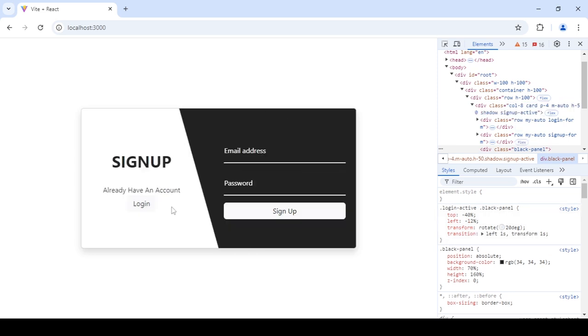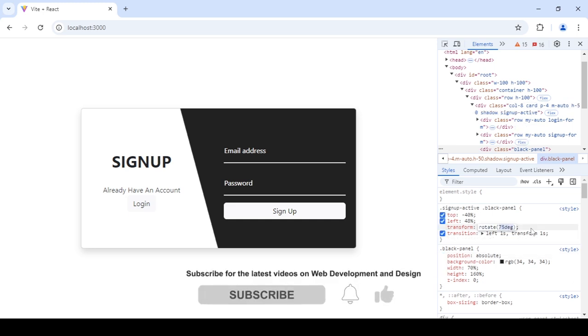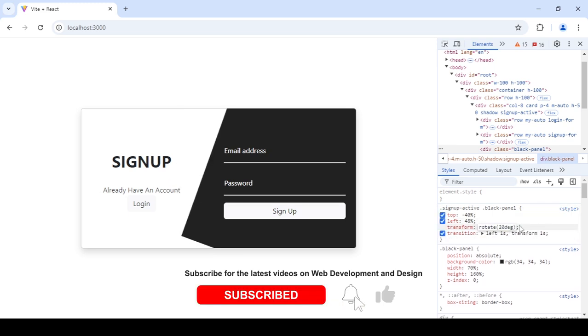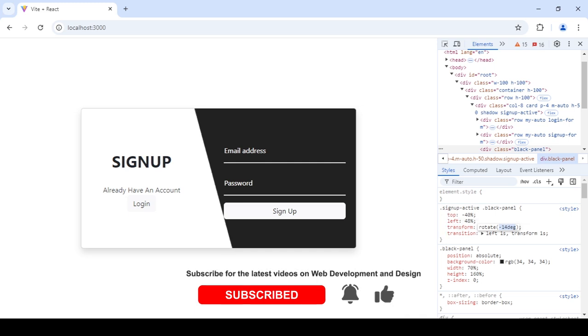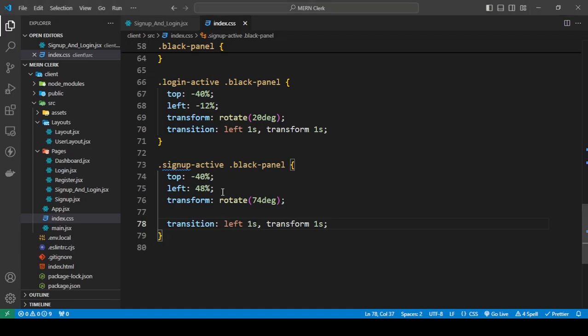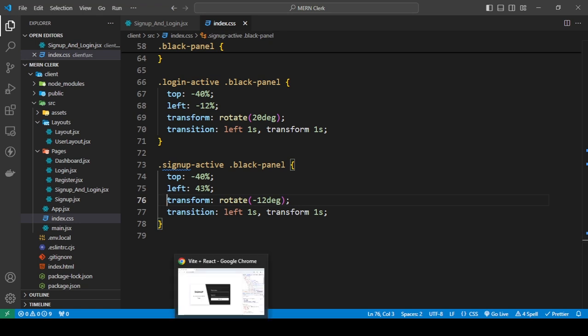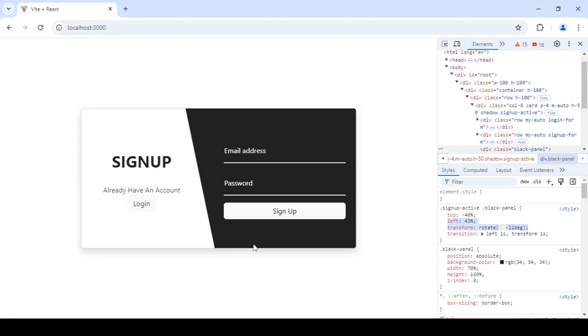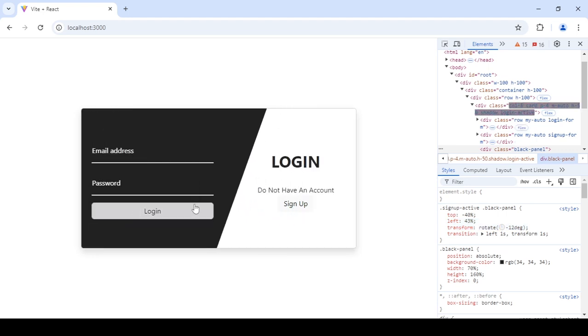Okay, so I'm going to change some of the values so that the animation looks better. So let's save this. And now, if I click this,